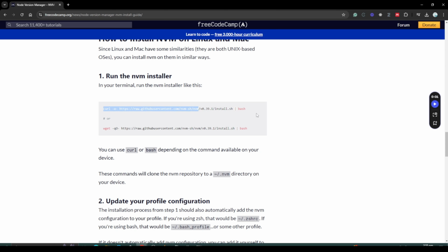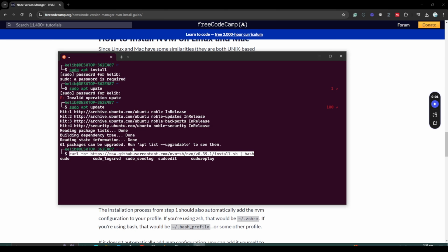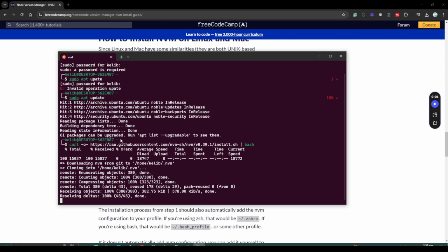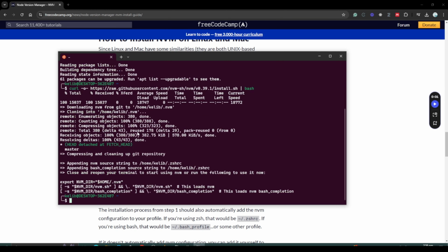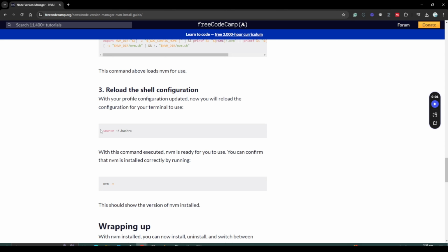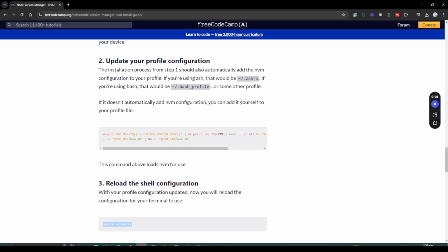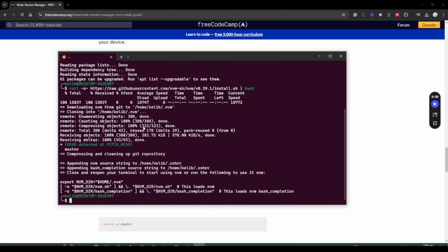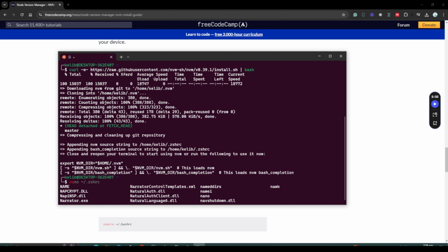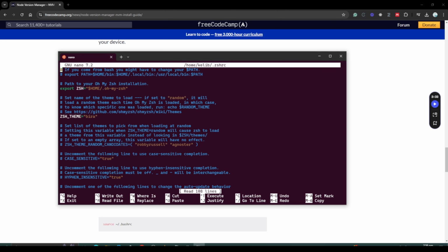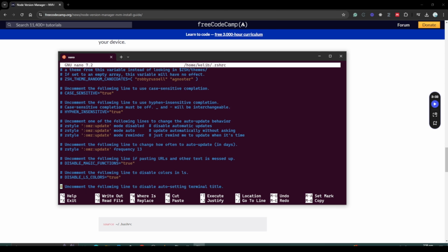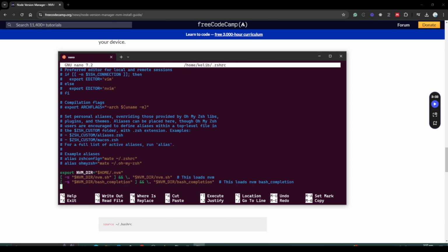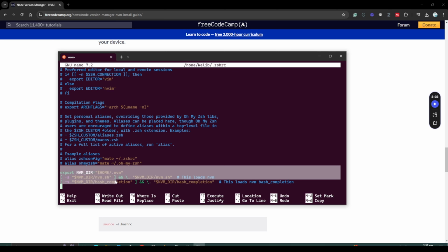If you work on a lot of node projects, you will notice that each project needs a specific node version to work, and NVM helps with that. So we just copy the installation code, paste it into our terminal and hit enter. We'll have to make sure that we add this configuration to our ZSH configuration file so that we can have access to NVM when we relaunch this terminal. To do that, we have to nano again into zshrc and look at the very far end of the configuration file. You should see this line at the end, which means that the installation was complete